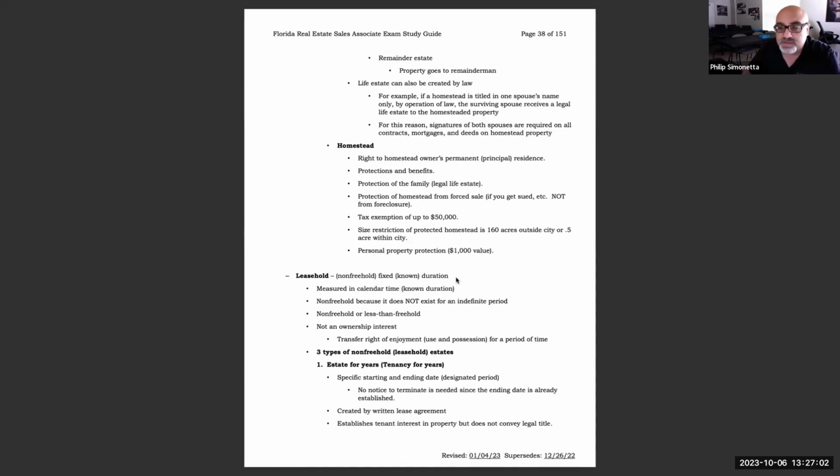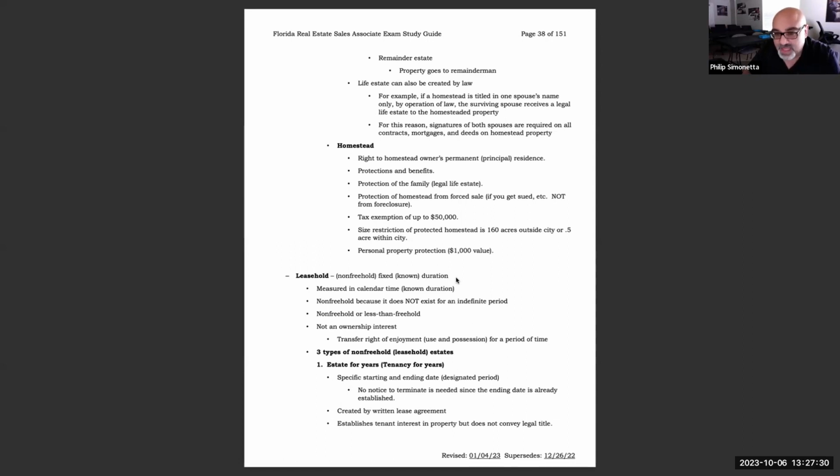Okay, tax exemption is up to $50,000, right? Plus you have those additional exemptions for different cases. The size restriction of protected homesteads is 160 acres outside the city or half an acre within the city. And that's determined by the zoning and the planning where it is. Okay, and there's also personal property protection of $1,000 in value. Okay,